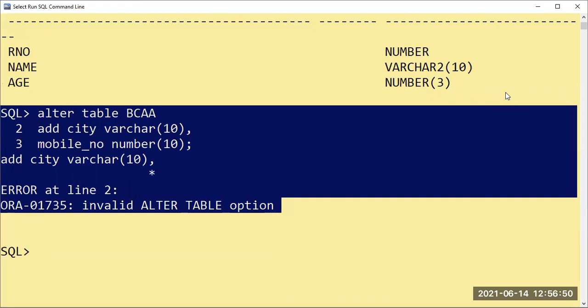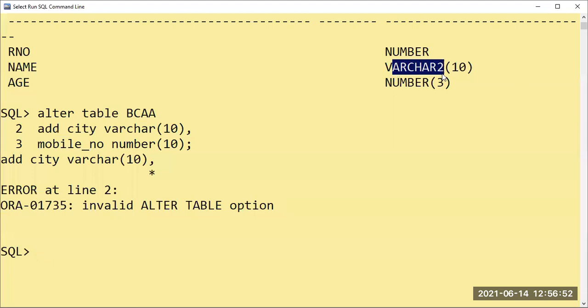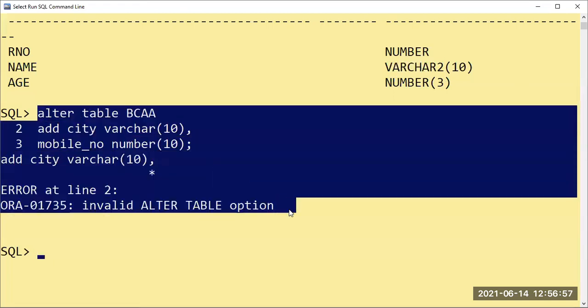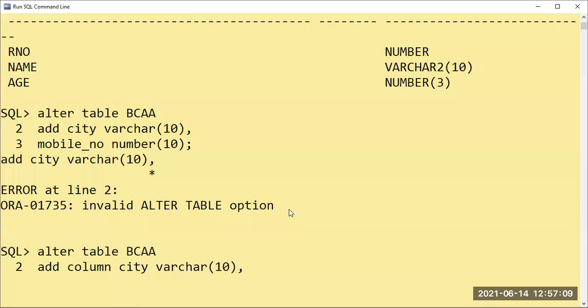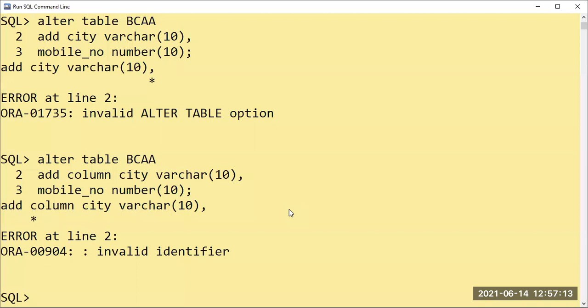No, Varchar2 will come when you say describe. It will come automatically; it is not your duty. Column. Exactly. Where? Add column. Invalid identifier. Can anyone tell?